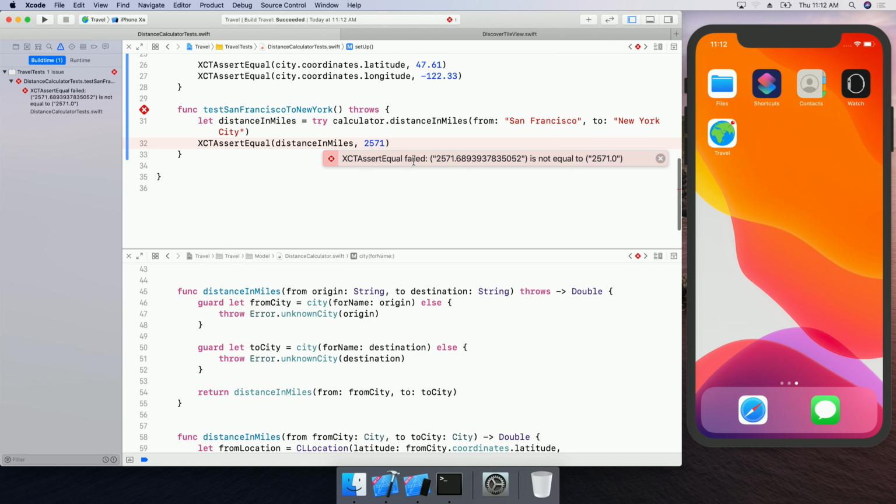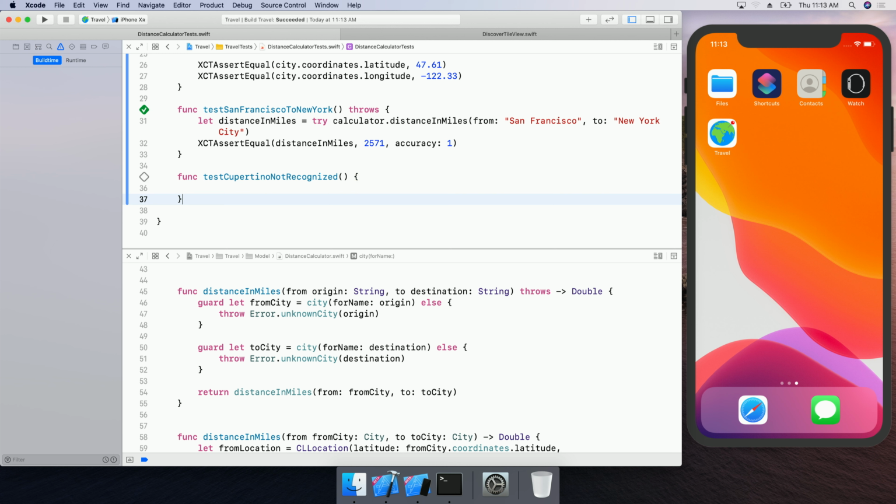Now I've written 2 tests so far for my unit test class, but both of these tests take valid inputs to the functions and check that a valid input is returned. But there's some other test cases I want to check for my function. I want to make sure that errors are also handled correctly in my class. So the next function I'm going to write is going to be a negative test case. I don't expect Cupertino to be in my database of cities because I'm only considering large cities, and Cupertino won't be one of them.